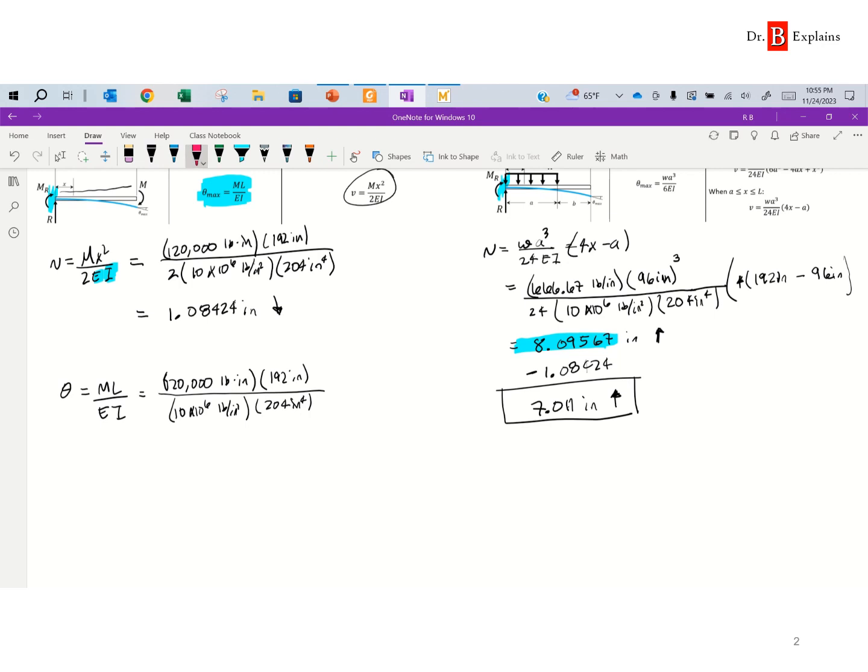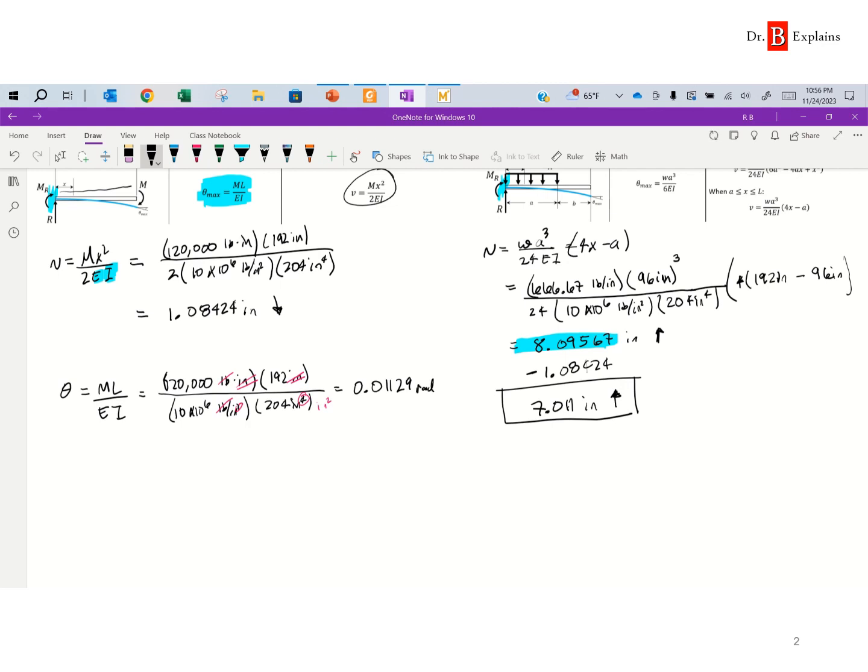Now, when we check the units real quickly, remember when we're doing the theta, pounds cancels with pounds. We have inches to the 4th minus 2, so that gives inches squared at the bottom, which we're going to cancel with these two. And what we end up with is a unitless number, which means that the angle is in radians. And here, when we plug it in, that number is 0.01129